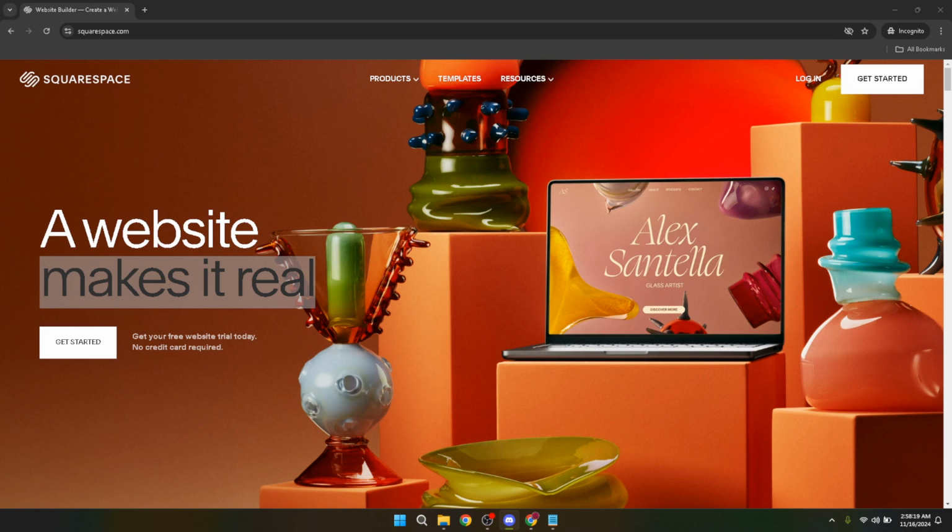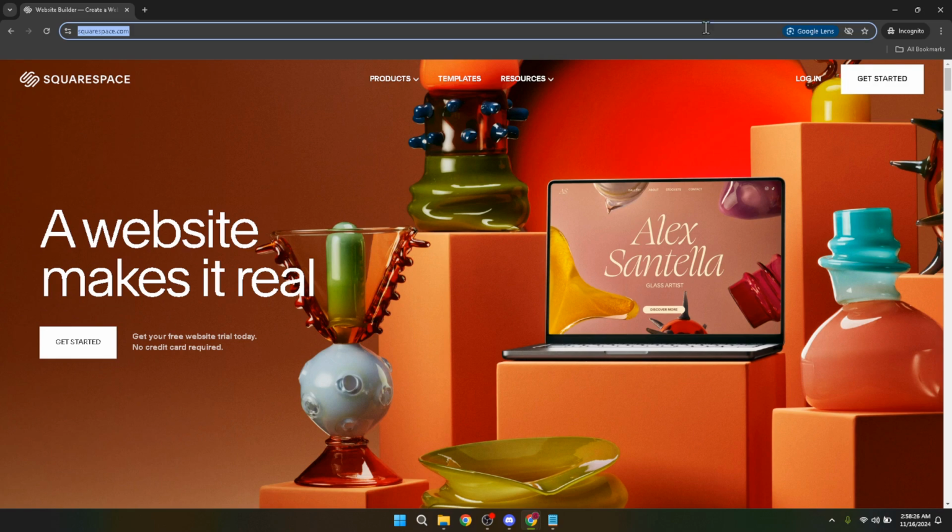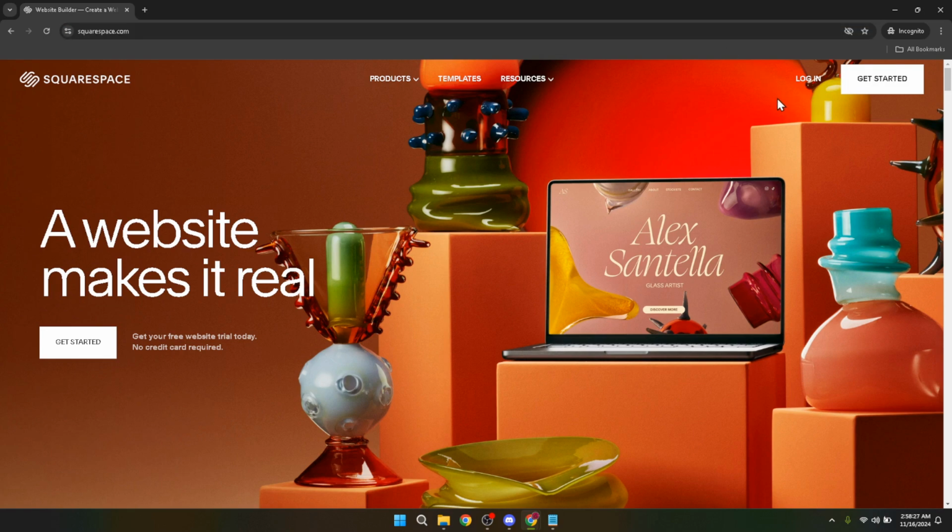First, let's begin by navigating to the Squarespace website. It's important to start here because we need to access your Squarespace account. By going directly to Squarespace, you ensure that you're entering a secure environment to work on your site. Once you're on the Squarespace homepage, the next thing you'll want to do is log into your account. Look for the login button, which is usually prominently displayed on the homepage. Clicking this will take you to the login screen where you can proceed to the next step.